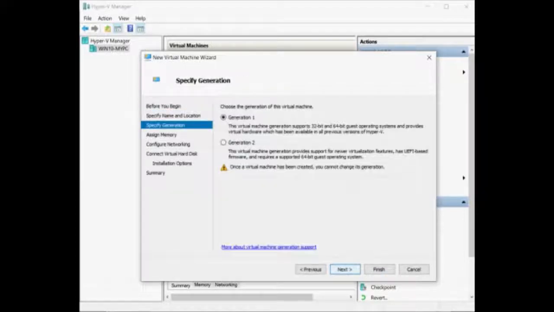And then here with the generation, this depends on how you'd like your virtual machine to be, basically either Gen 1 or Gen 2, which means either supporting legacy or non-support for legacy systems. And you can see there the warning message: once a virtual machine has been created, you cannot change its generation. So please make sure you choose the right